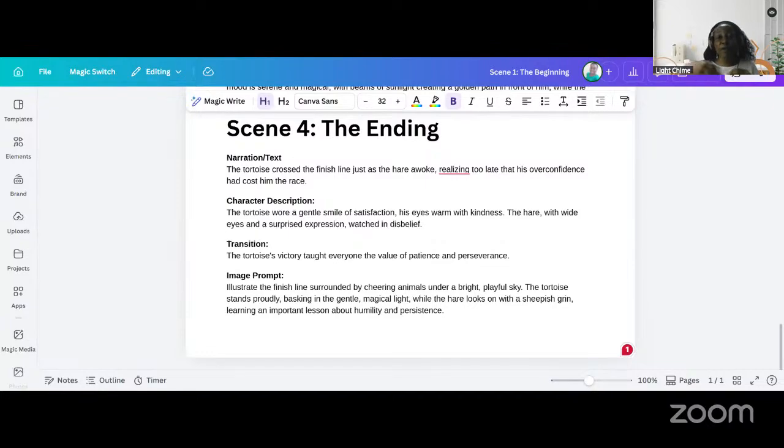Then apart from that, you can use Lumen AI. You can also use PicArt. There are different free versions right now that you can use to be able to take it from text to image. But for today, we're going to be focusing